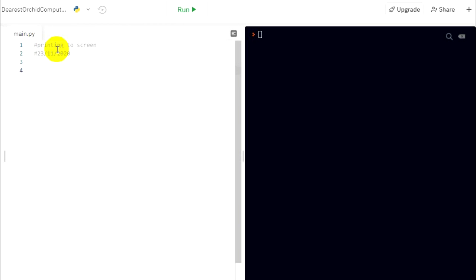And so to jump into printing to screen, we use the function print, and the function print looks like what is being displayed there on the screen. We have the name print, and then we have the brackets, and then within the brackets we have parameters. Since we want to print text, our text goes within quotation marks. And so if we were to type in